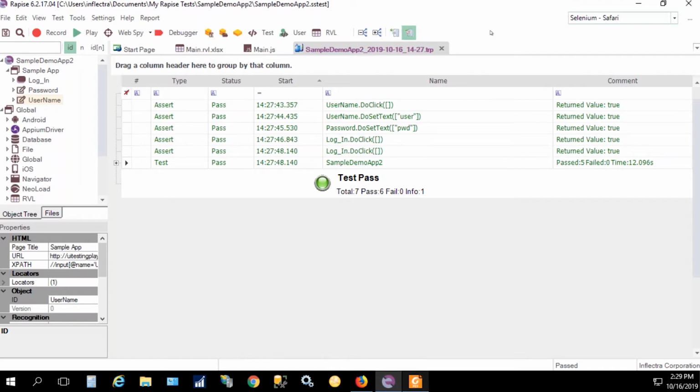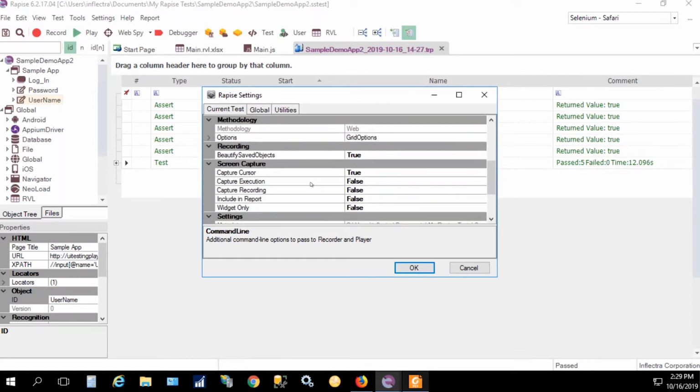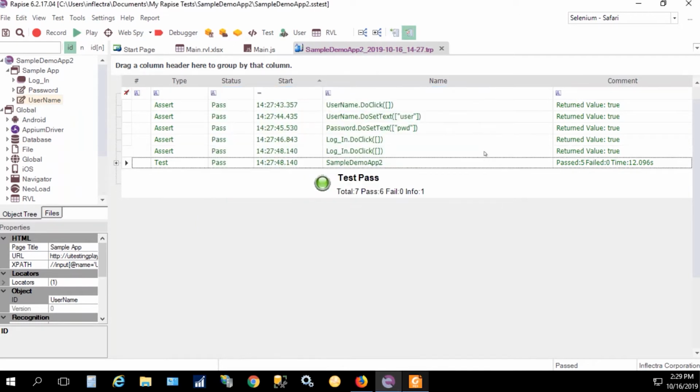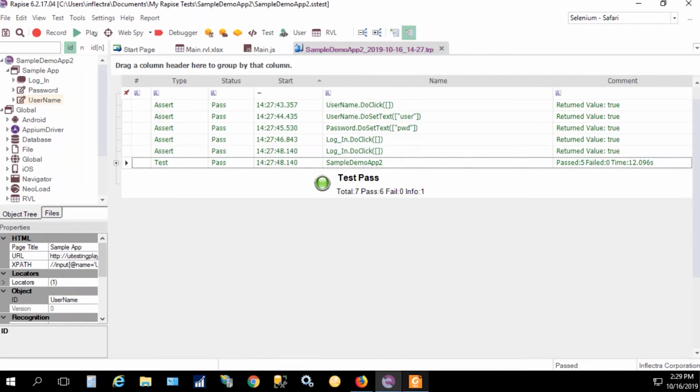So to see what is happening there, because we don't see the Mac machine in the session, I am going to enable screenshots. So I go to settings of Rupees and set capture execution screenshots. Okay. So let's look at the profile for Safari testing. So here is the URL and some settings for Safari. So, hitting play,